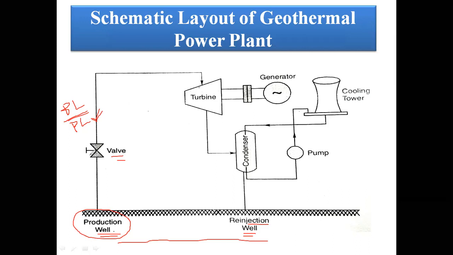Now, based upon the demand, we keep the valve at a position of 60%, 70%, 80%, 90%, or 100%. In the production well, once we inject the water, the temperature of the steam is maintained from 150 to 300 degrees centigrade. This hot steam is carried from the production well, and it directly drives the steam turbine, which converts steam energy into mechanical energy.